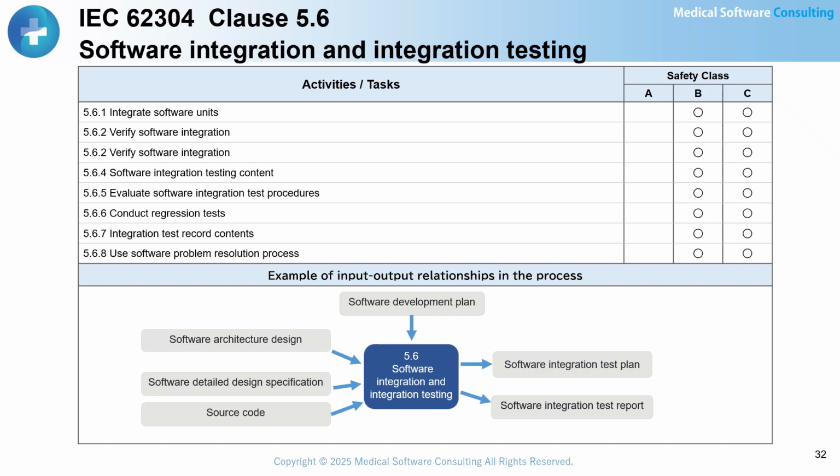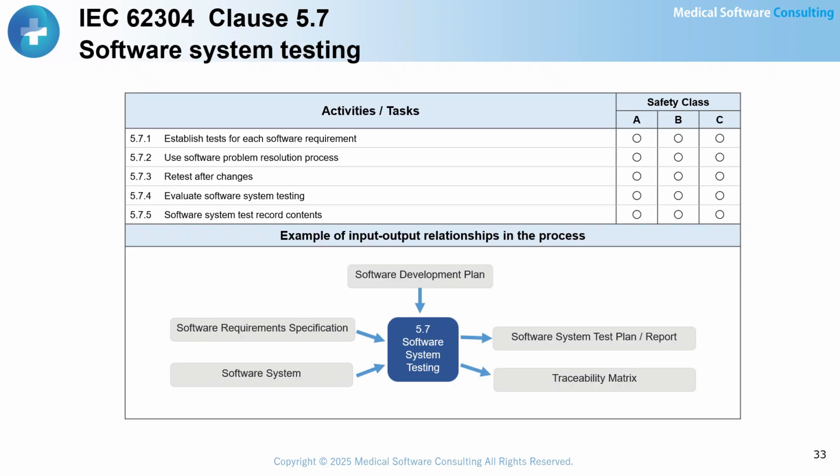The contents of the integration test records should include: A. The test results, including a list of passes, failures, and anomalies. B. Sufficient information to allow the tests to be repeated. C. Identification of the tester who performed the integration test. Finally, any anomalies discovered during software integration and integration testing must be handled according to the procedures defined in the software problem resolution process. In the process of software system testing, the key objective is to verify that the requirements